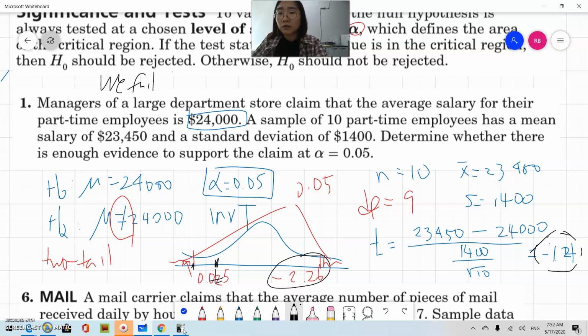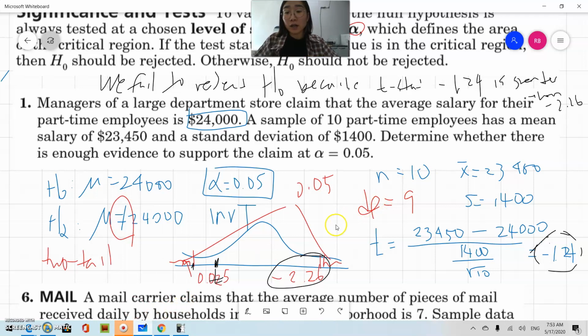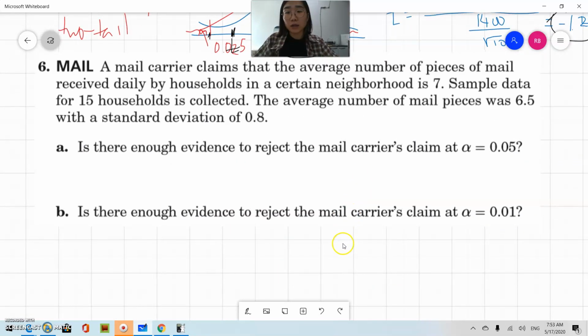We fail to reject the null hypothesis because the t-statistics, negative 1.24, is greater than negative 2.26, which is the alpha, which is the value that corresponds with the alpha value here. What that means is that we do not have enough evidence to support the alternative hypothesis. So that is another line that you will write, but let's continue with number 6, and then I'll write more